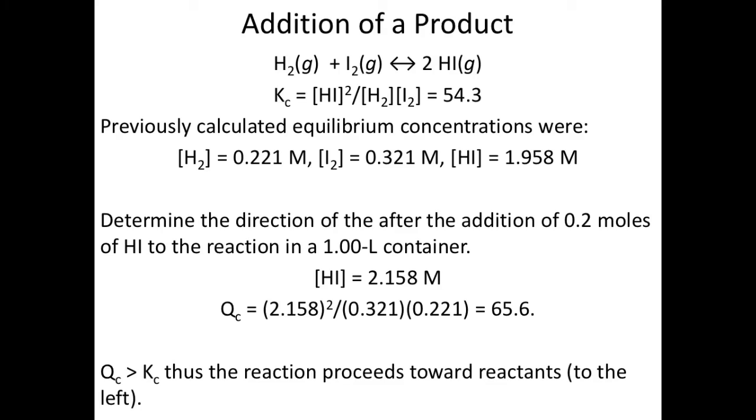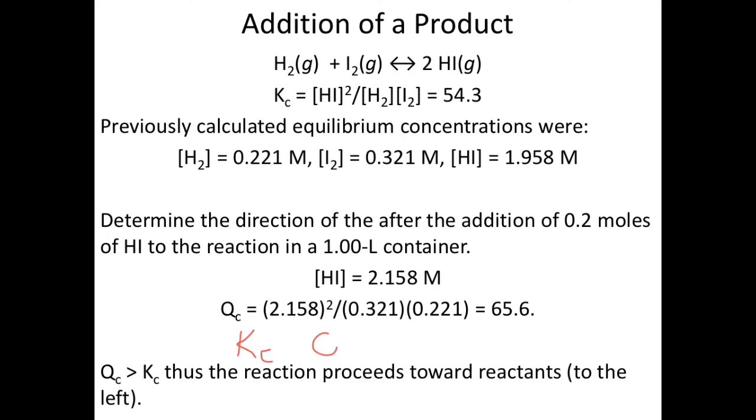In this next problem, we're going to add some product. So starting out with the same initial concentrations at equilibrium as the previous problem, we're going to add 0.2 moles of the product, hydrogen iodide, to the reaction container, which is 1 liter, which increases the concentration to 2.158 molar. So calculating the Qc, we find that it's 65.6, and thus comparing the Kc